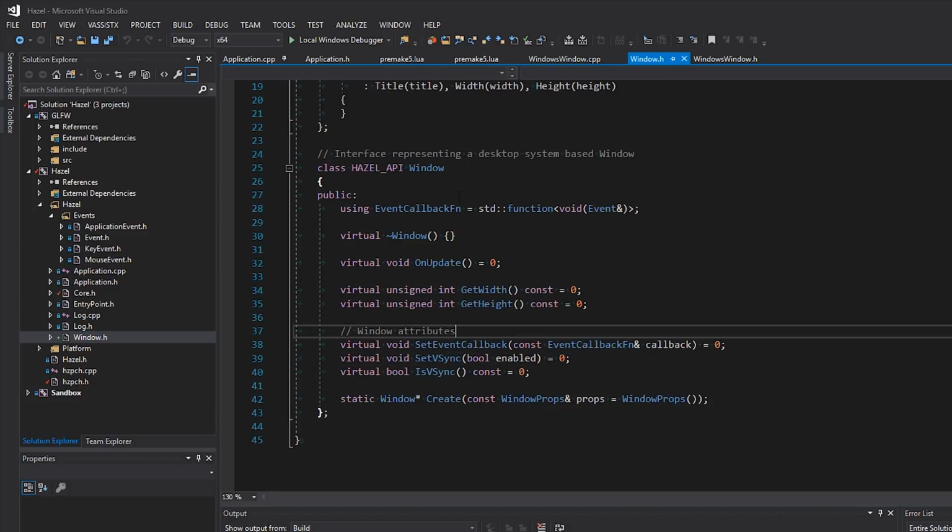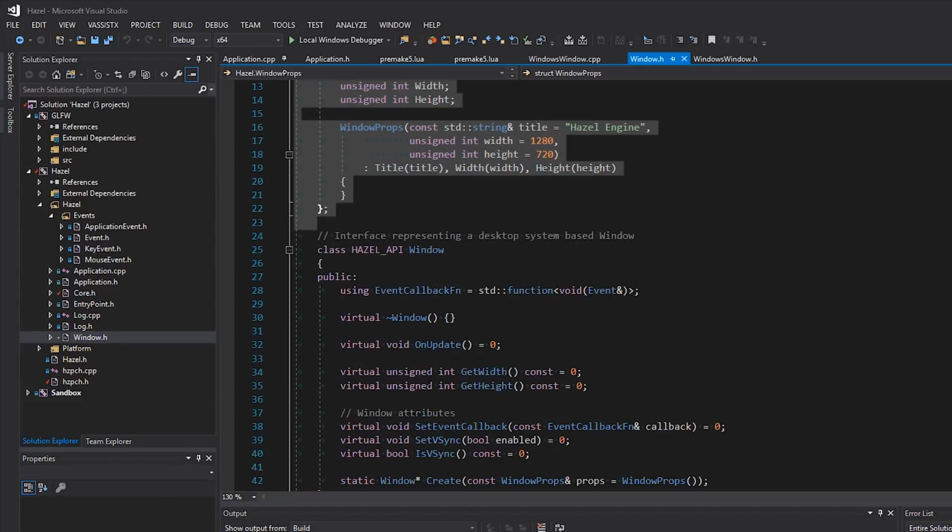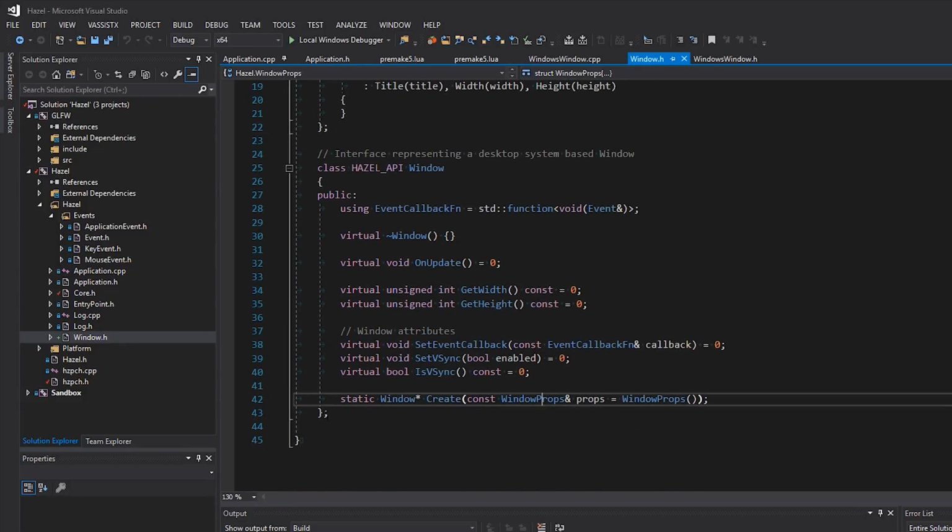Kind of basic, not much. We'll add stuff to it as we go, but that's just what it is. And then this, I just have some basic window properties which you can specify over here. Now, because this is kind of platform independent, we have this create function, which actually has to be implemented per